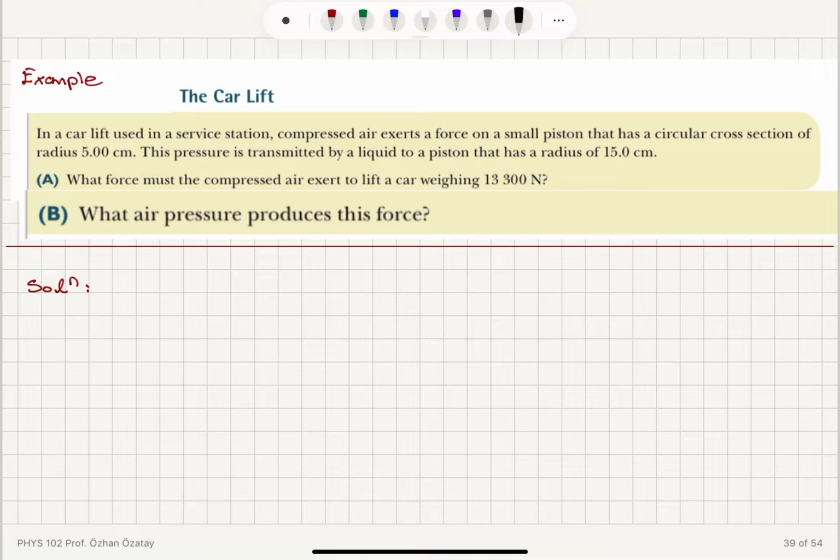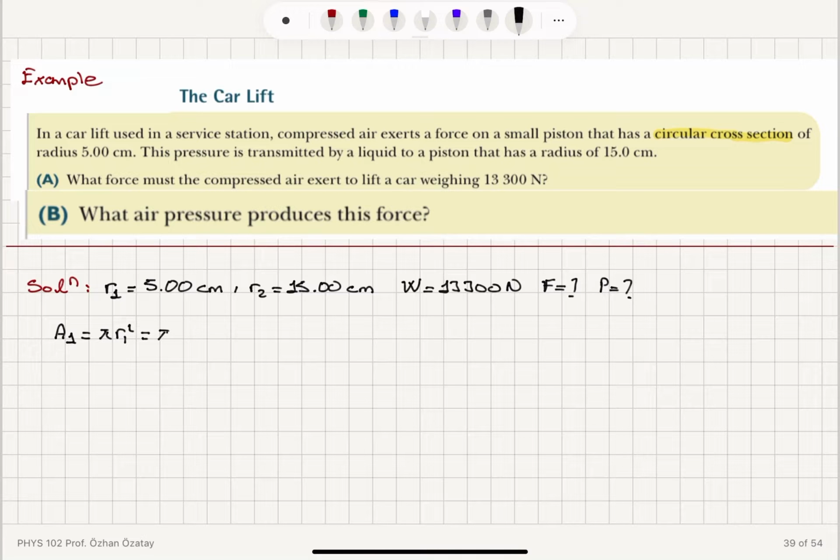On the left side of the car lift, we have a radius R1 equals 5 centimeters, and on the right side, R2 equals 15 centimeters. The weight that we are trying to lift is 13,300 newtons. We want to know the force we have to apply and the air pressure that will produce this force. Because we have a circular cross-section, the area on the left side is A1 equals pi r1 squared, which is pi times 5 times 10 to the minus 2 meters squared,